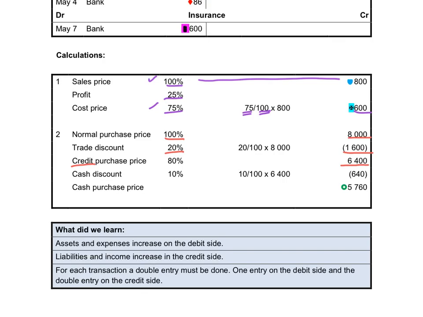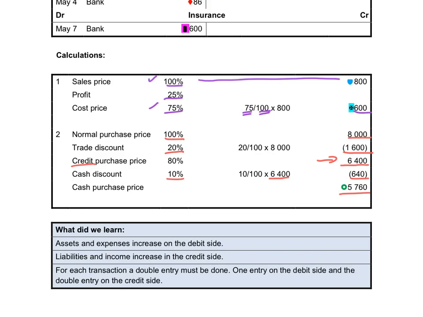Because they said that we will pay for it immediately because we issued a check, it means that we get an additional 10% discount on the 6,400 because that is our actual purchase price. And we deduct the 640 and that will give us the cash purchase price of